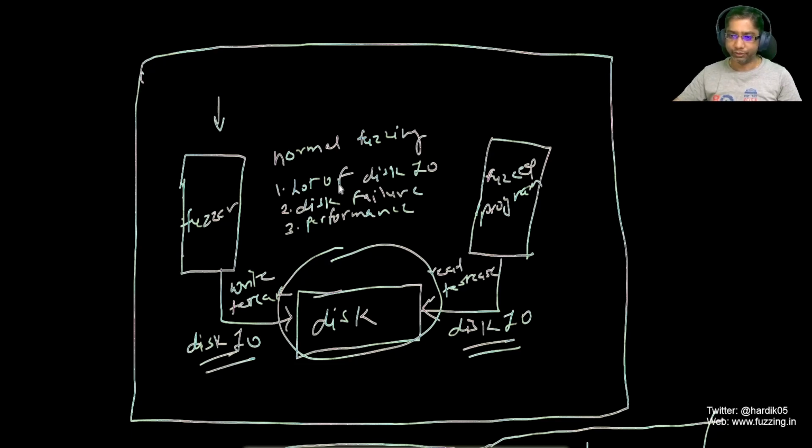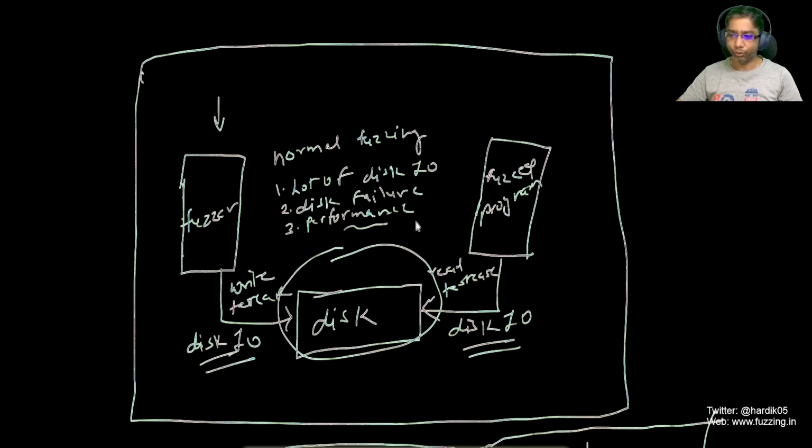And as we discussed, a lot of disk operations are required here to write the newly generated test cases to the disk as well as to read the test cases from the disk. This can easily lead to disk failure if you are using a disk like SATA or something, and if you are doing a lot of disk operations, there are chances that down the line your disk will fail, you need to change your disk, and obviously it will affect your performance, because the entire campaign performance depends on the disk IO.